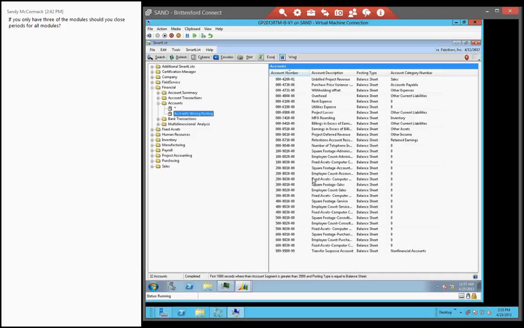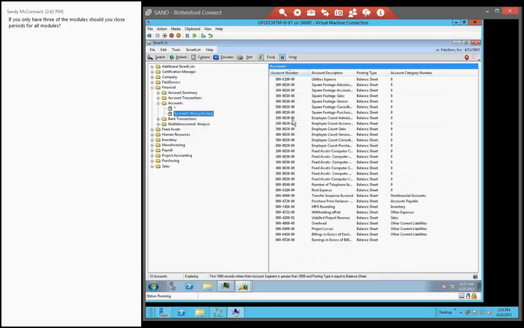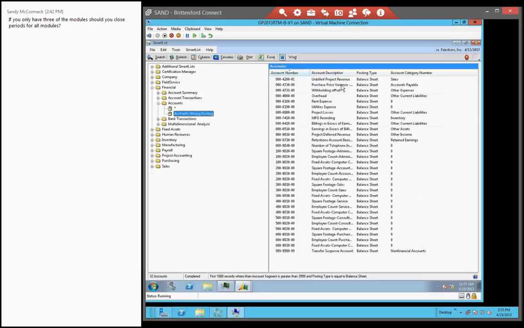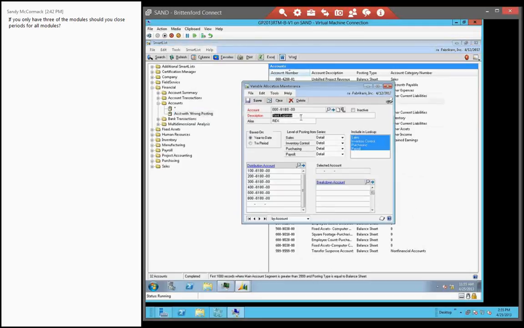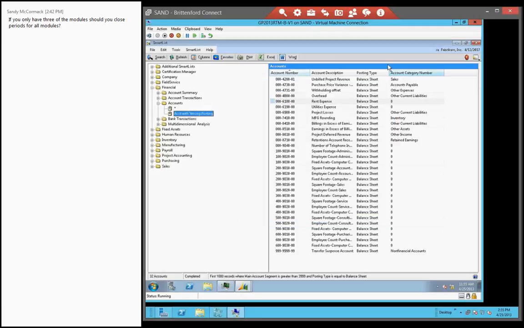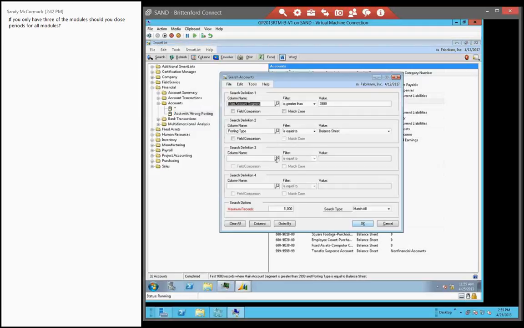I can click off of this. I can just click on it again. I can see all my accounts again. I can go into rent expense. Oh, this is a variable account allocation. So we may want to put in additional information, but as long as, so maybe we want to show this also